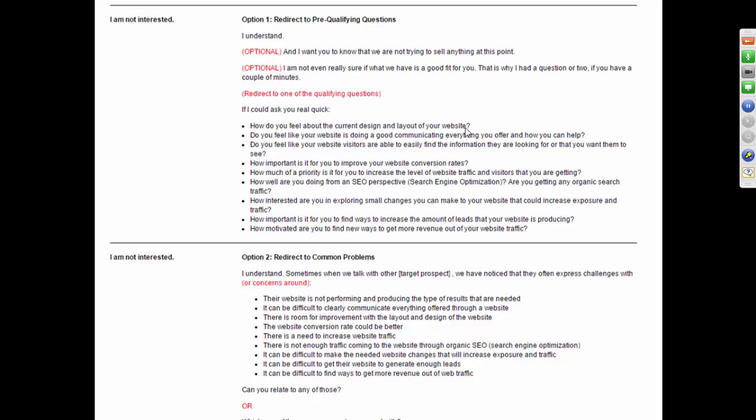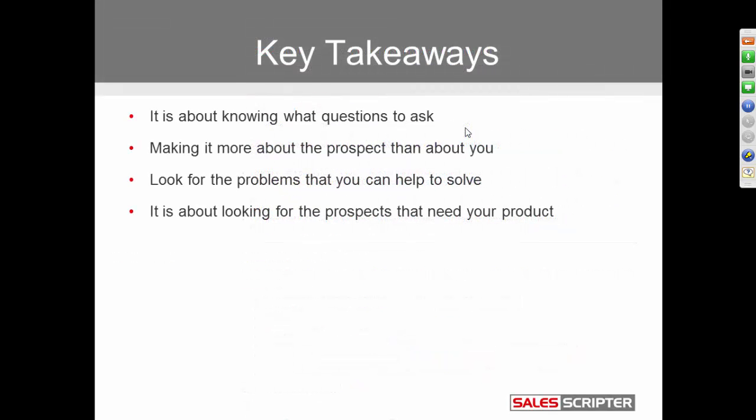And you could even go for the close, or you can ask them another question, and you get away from their objections in a very consultative way. Now, that's pretty much it. I kind of outlined what consultative selling is compared to product selling. I gave you sort of a path that you can go through to organize your thoughts. You can use SalesScripter to organize your thoughts. I showed you some examples of what a pitch might look like if you're using a consultative selling approach.